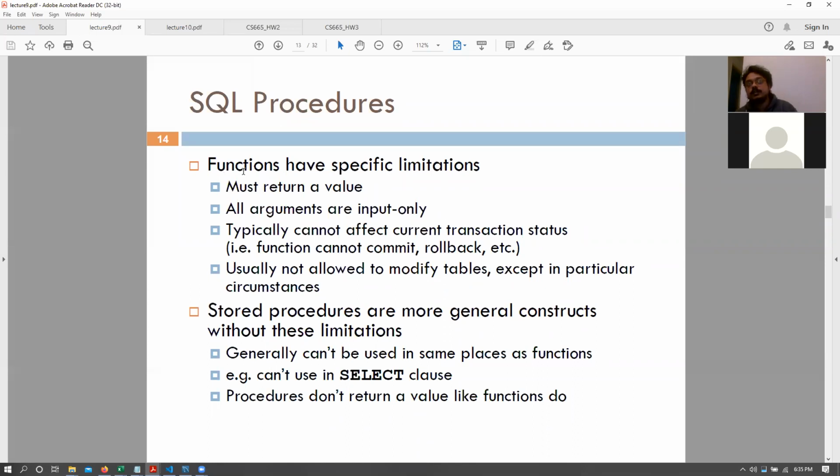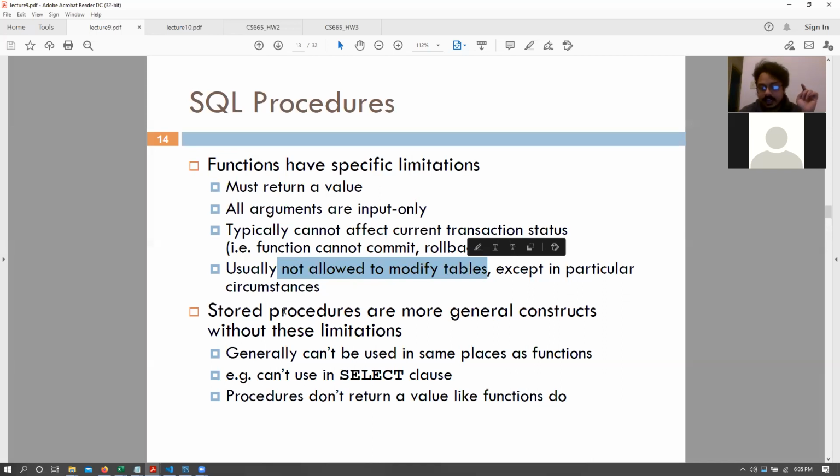Okay, so as we said, functions are quite useful, and we will talk about more usefulness of functions when we delve into things called triggers and cursors. Triggers are a very, very powerful component of SQL. We'll talk about that in a lot of detail later. But essentially, functions are components that must always return a value. All arguments for a function are input only, and you can have 0 arguments if you want. But a function is not allowed to modify tables.